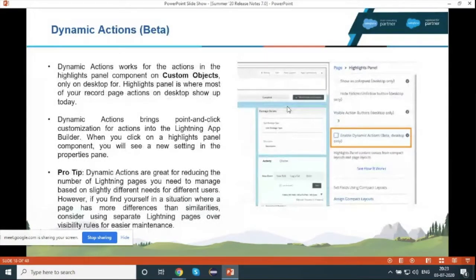Where to show: I can set up that this field should be visible on mobile or desktop. Whom to show: using advanced visibility rules, I can set up that only if this user has this permission, then this field or section should be visible to him or her. Otherwise, this field will not be visible to that end user.